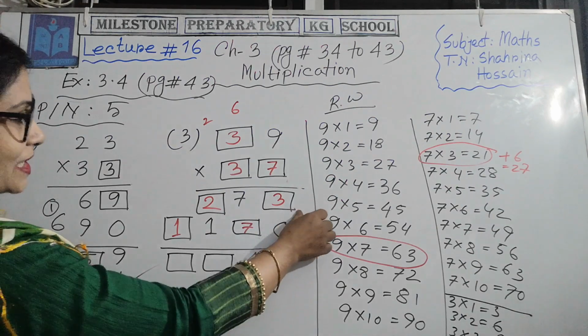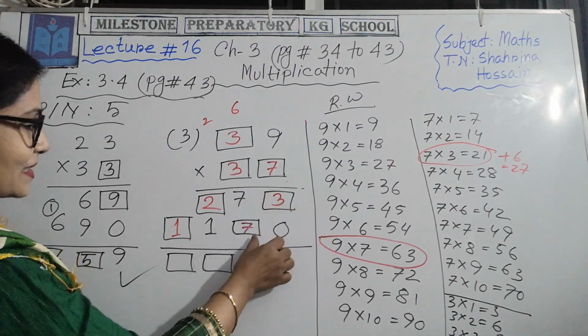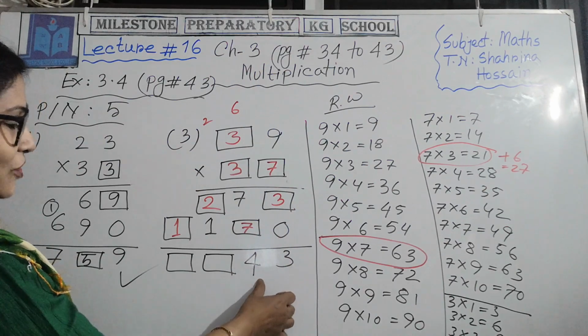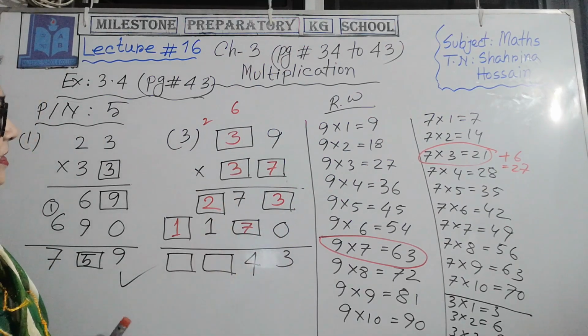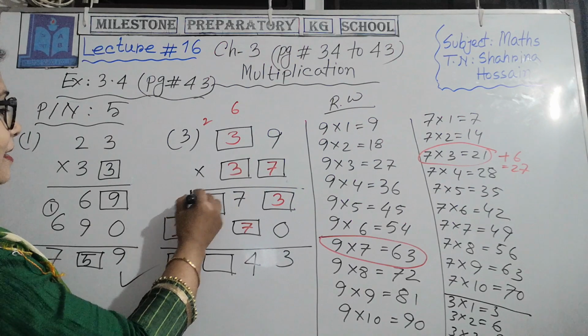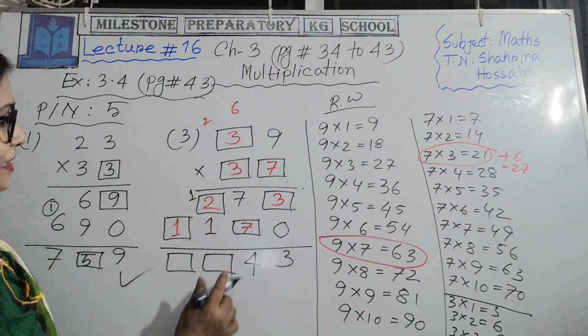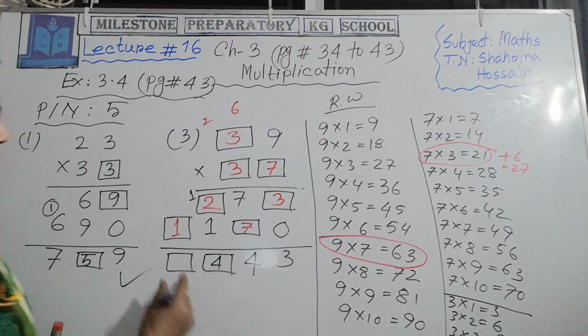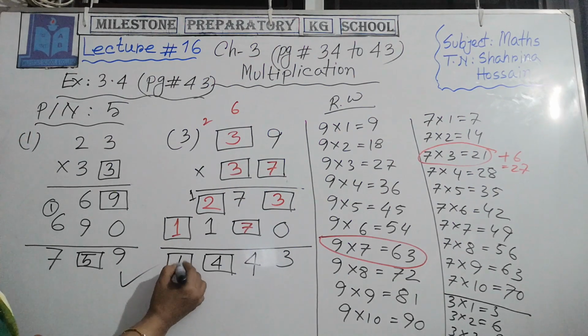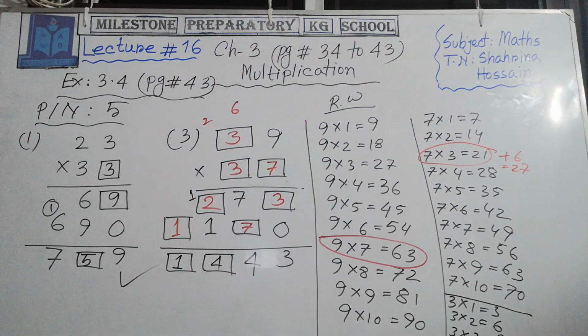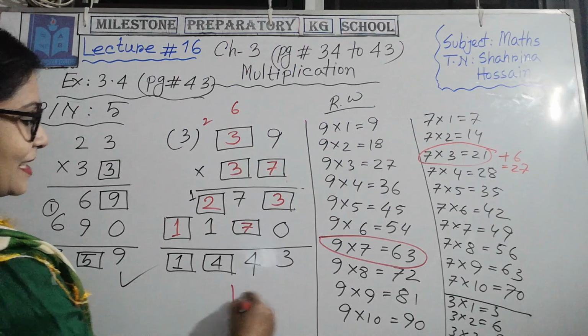Okay, now 3 plus 0 is 3, 7 plus 7, there is the 14, 4 is here, 1 is in our hand, so we can add this 1 here. So 1 plus 2, 3 plus 1, it is 4. Now here is 1. So by this way we can find the answer easily.